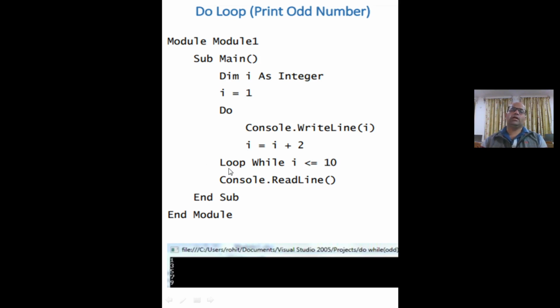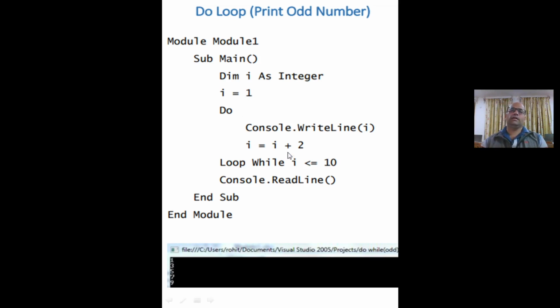Now again we check the while condition, I is less than or equal to 10. Yes, I contains 7 which is less than 10. The do loop executes again and Console.WriteLine prints 7.